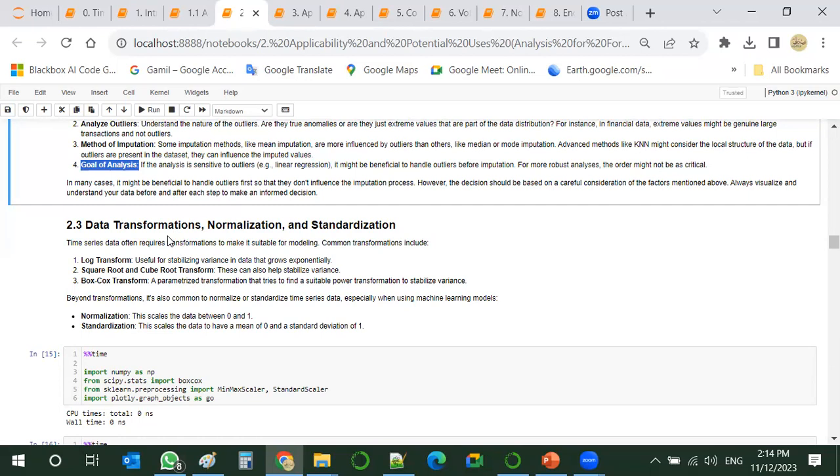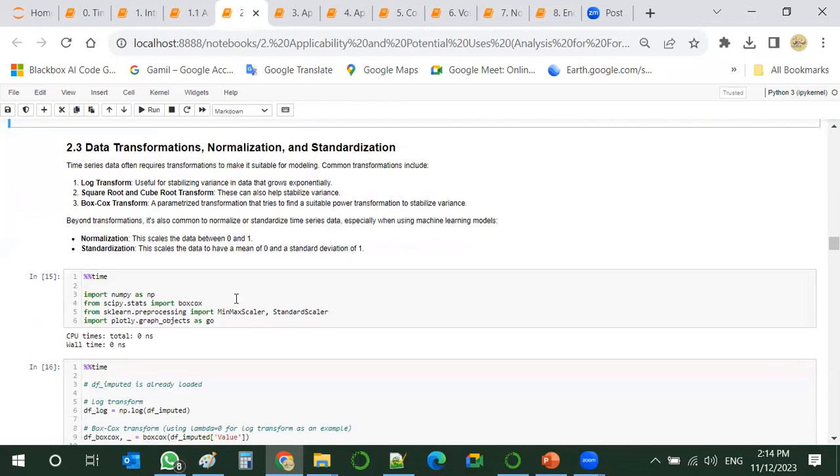So we have log transform, we have square root and cube root transform, we have Box-Cox transform, and we have normalization, we have standardization. So I would say